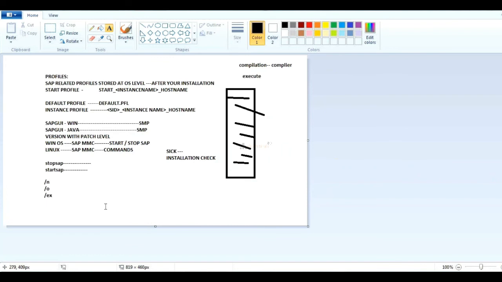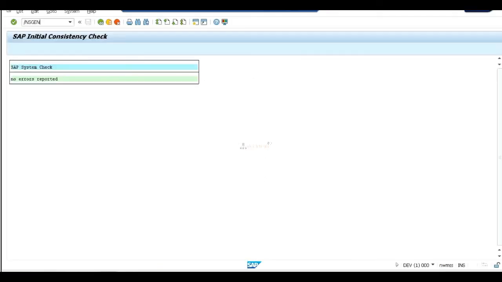We discussed /n, /o, /x. /n means whenever you execute a T code with /n, it will open the new program in the same session. A new screen will be opened in the same session only.